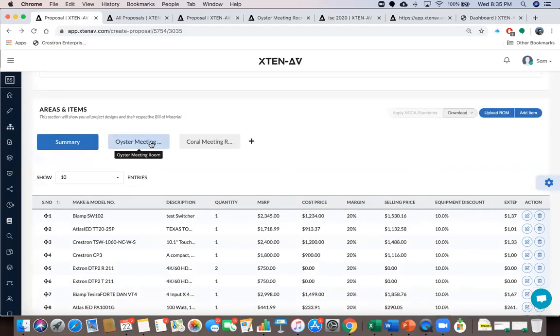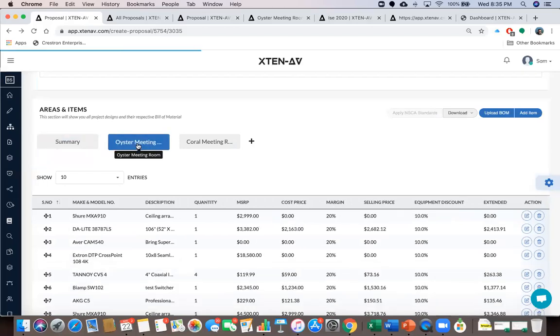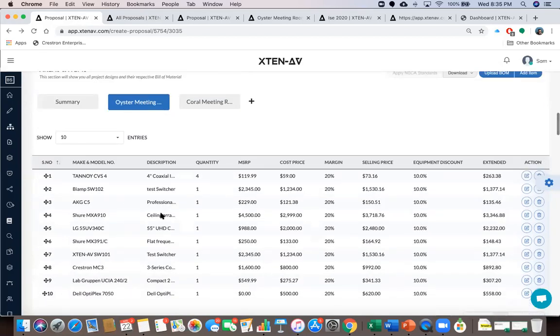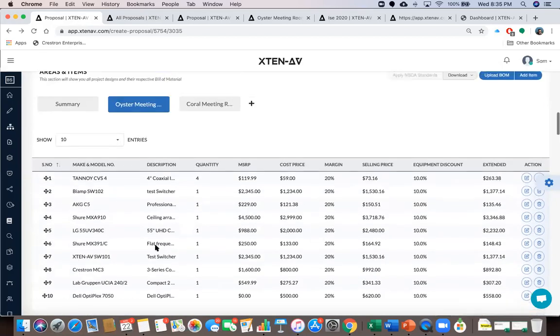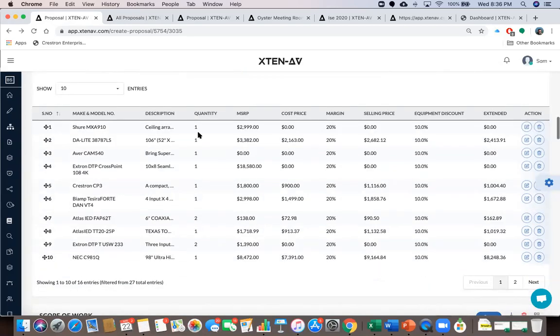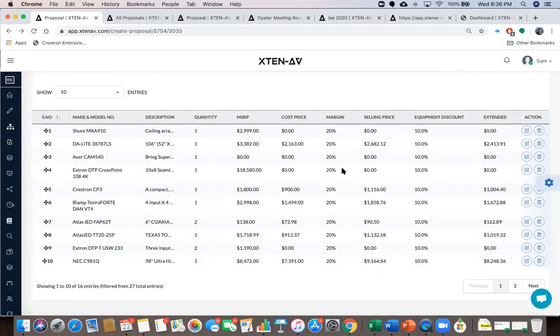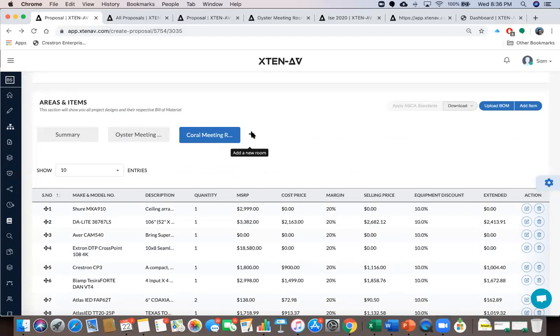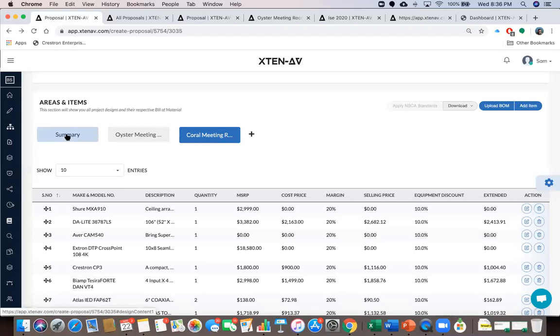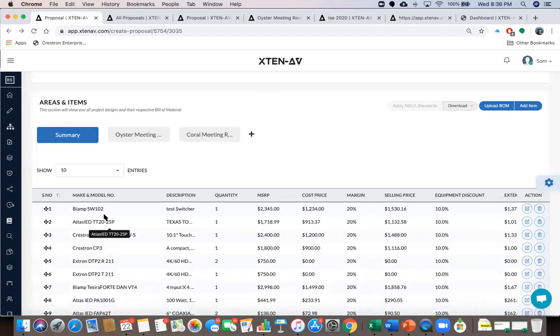Apart from this, the other things that you can see in areas and items are rooms. So if you have different rooms in your project, we'll be able to see room-wise BOM as well. Just click on these, and then you'll be able to see room-wise BOM. And you can click on the plus button to add more rooms to your proposal as well. And then you have the summary section, which will have the full items of all the rooms which you have